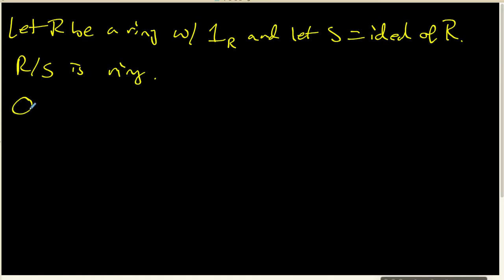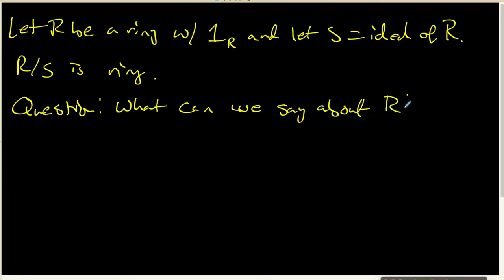So my question is, what, if anything, can we say about this ring? What can we say about R mod S? Now what I want to do is put my thinking cap on, and realize that the hypothesis that R has a multiplicative identity is actually pretty important. We know that there is a 1 inside R